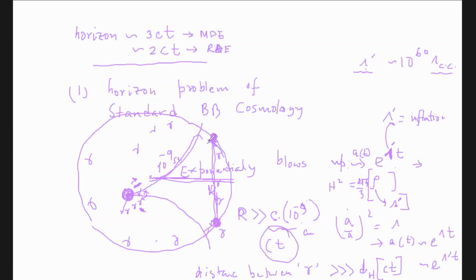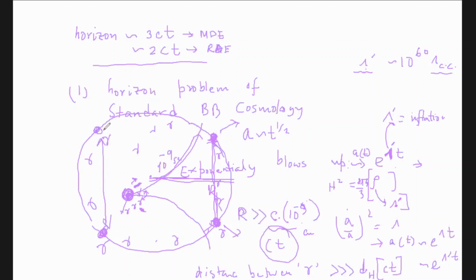Now inflation stops, but the universe still expands, more slowly, of course not exponentially. The universe becomes radiation dominated at the end of inflation, so A will again go as t to the power half. But the thing is, it has already come out of the horizon to a much bigger size. If you don't know about inflation, you will say my universe is only a nanosecond old, but how come this photon here and this photon here have the same temperature?